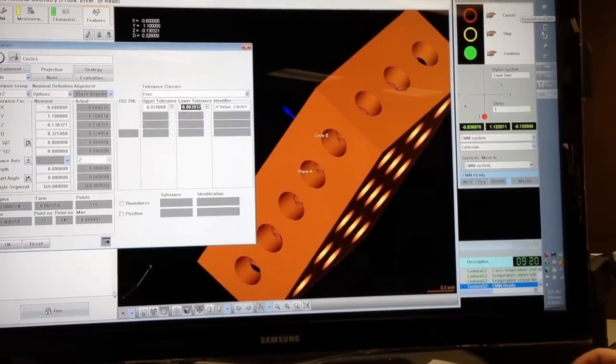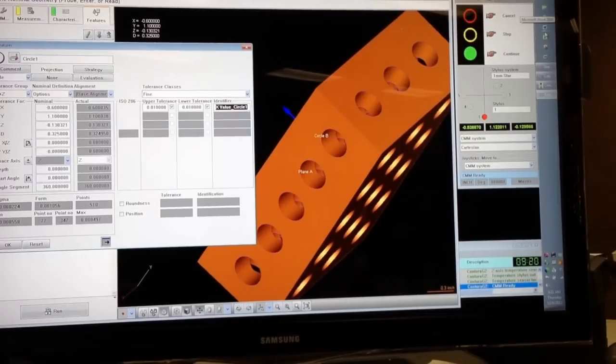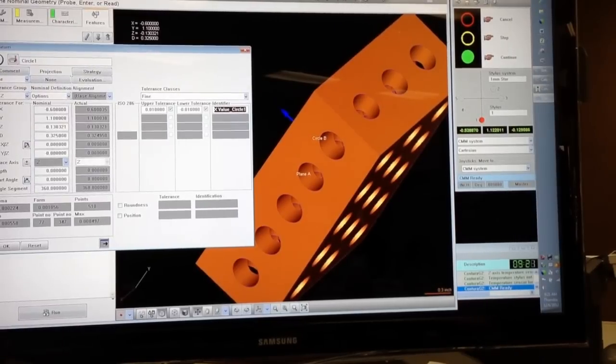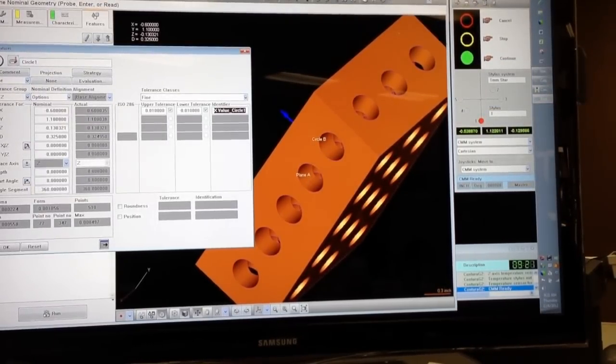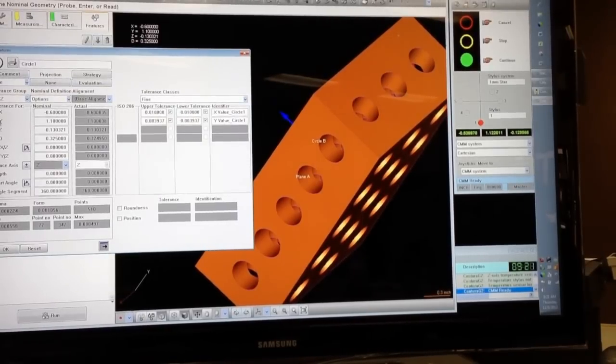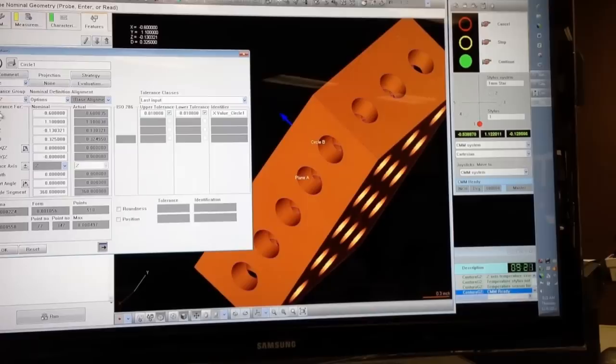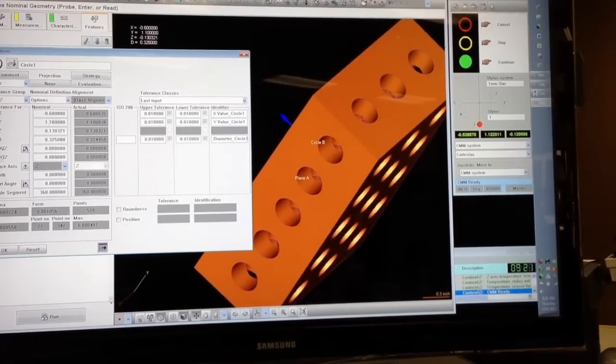I hit enter, it goes to the next field, minus 0.01. If I hit enter again, it'll go to the identifier where I can call this dimension 1 or some other identifier. For the purpose of this lesson, I'm not going to rename features. Now we have, before we do y, we switch our tolerance class to last input,